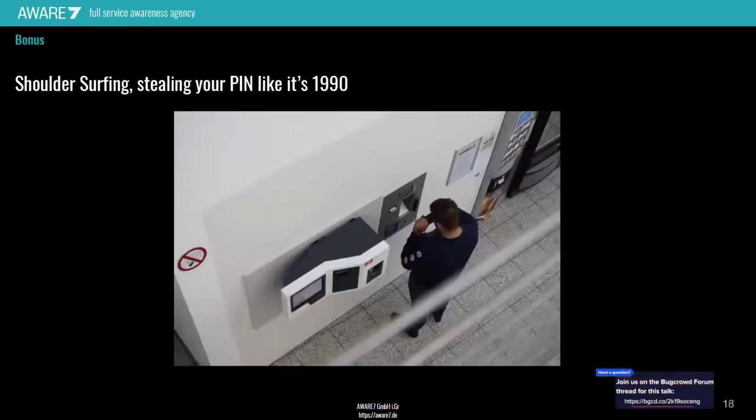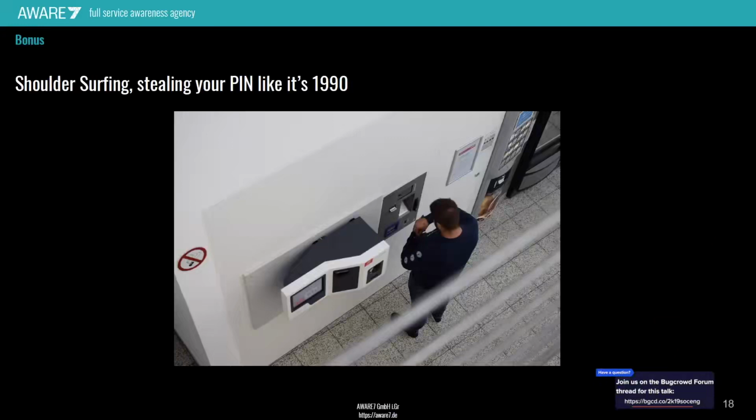So as the last case study, I have something that we found out recently. ATMs where you don't draw cash, but you load up your Oyster card, for example, or your daily commute card for public trains. So whenever no money is coming out of a machine, there is low structural security.